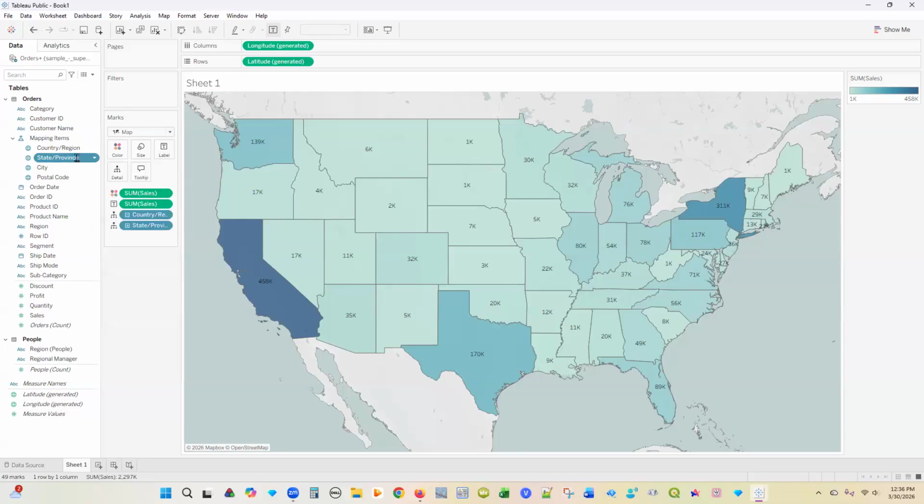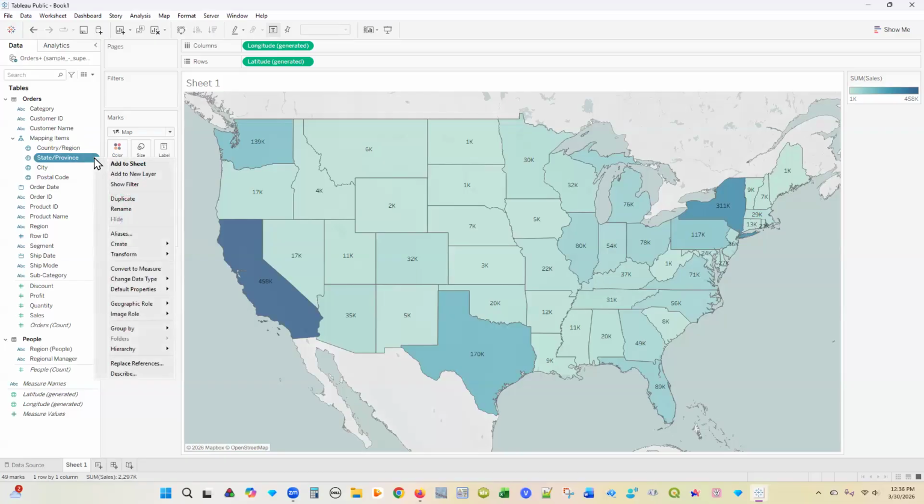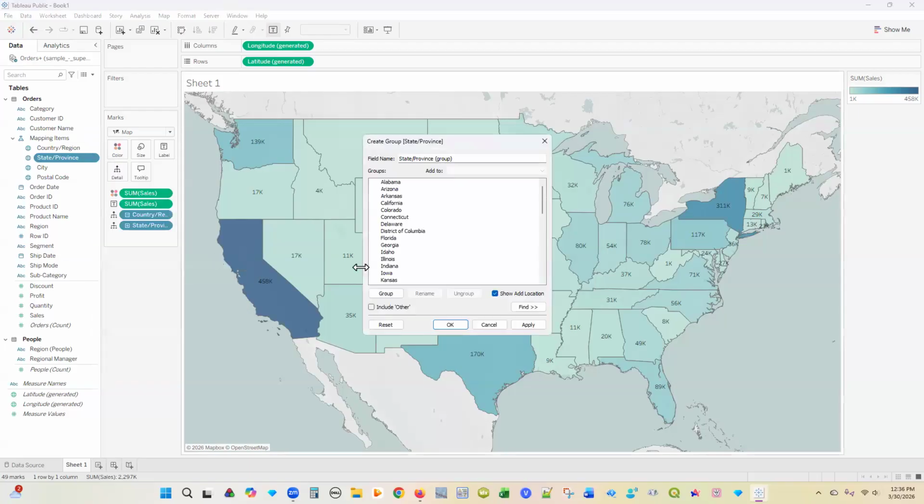Right here, I should point out that when you go over a particular pill, it will give you a little drop-down menu. You just click on that and you want to create a group. So we're going to go to group here, and this little menu comes up. Now what we want to do is collect and group